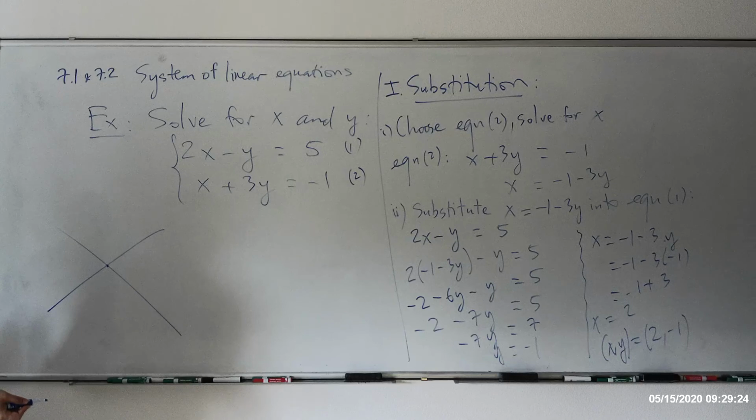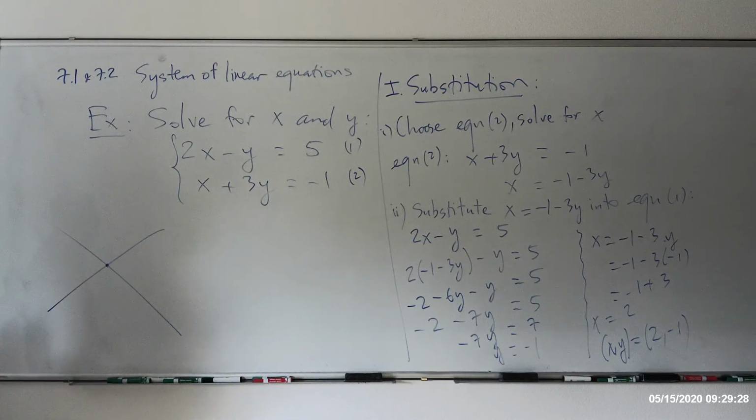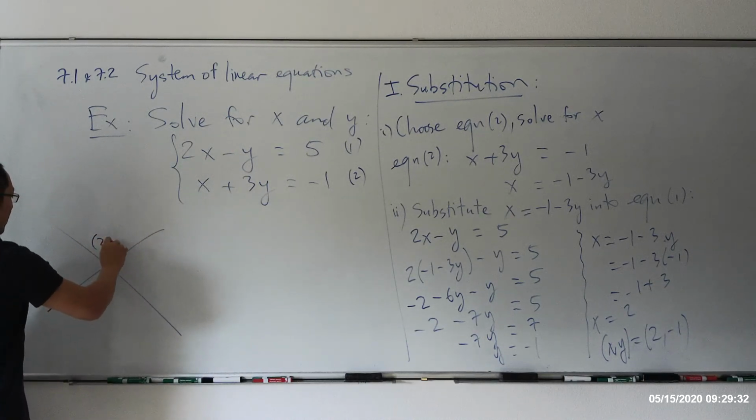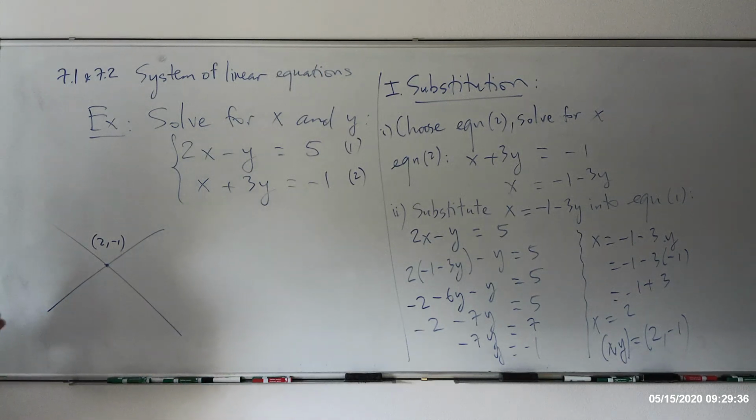Of course, if a point stays on both lines, it's going to be the intersection. And this intersection in this particular example is (2, -1). That's why we usually use a pair of numbers to represent a solution. Actually, in this system right here, you have exactly one solution because the two lines intersect each other at